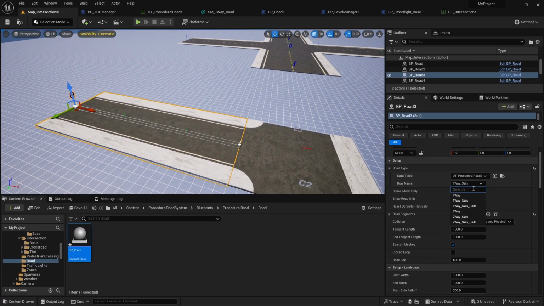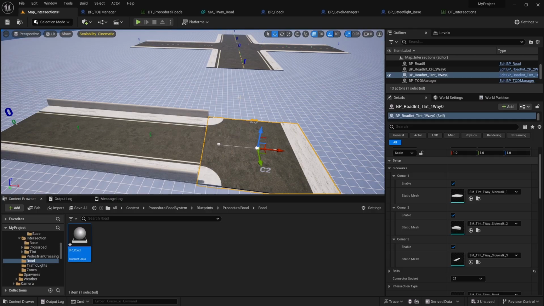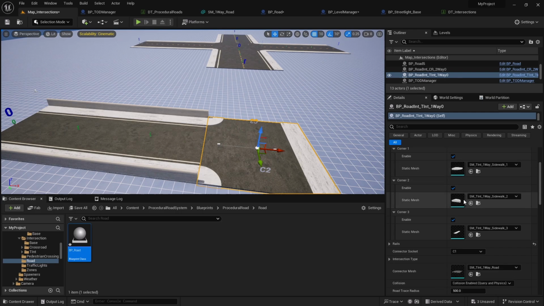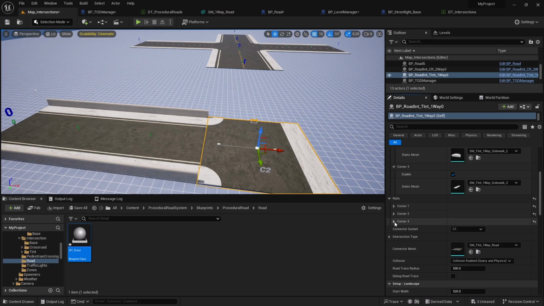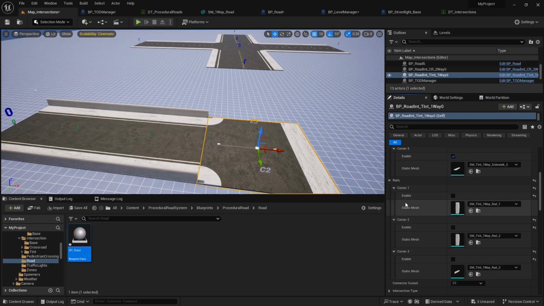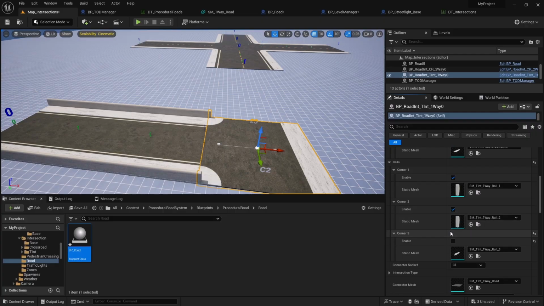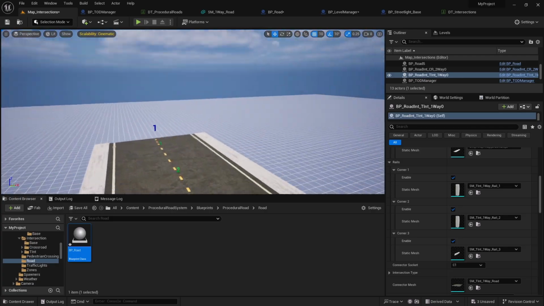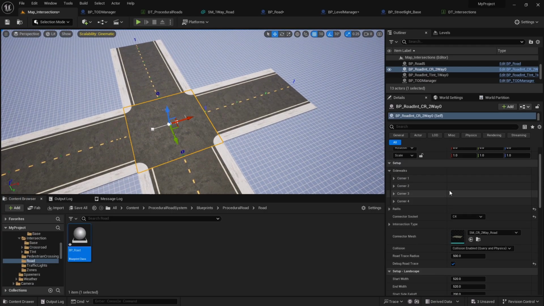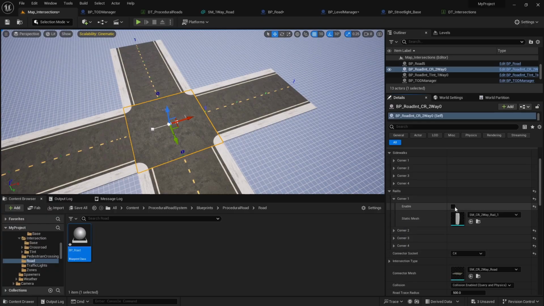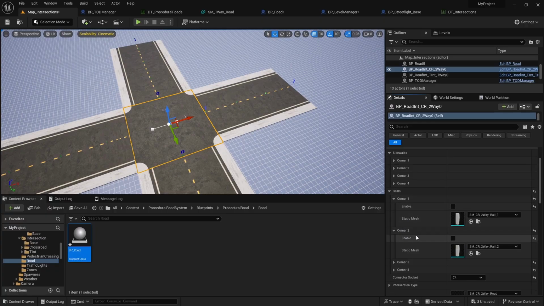Or maybe I will change this to sidewalks with rails, right? And here, so now we need rails to appear on the intersection as well, right? So here if you check out the rails section, we have the capability to add rails for 3 of these corners, right? So let's add rails like this, right? The same thing can be done for the crossroads as well. So if you select the crossroad, there also we have the rails over here, right? So you can either enable it or disable it based on your requirements,